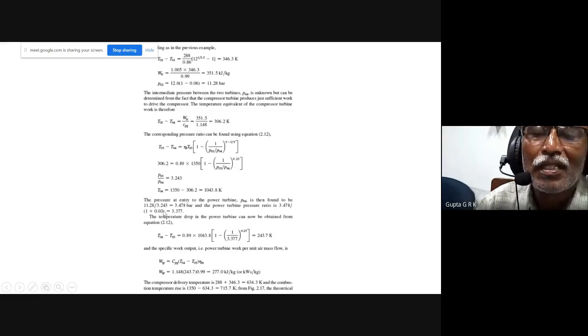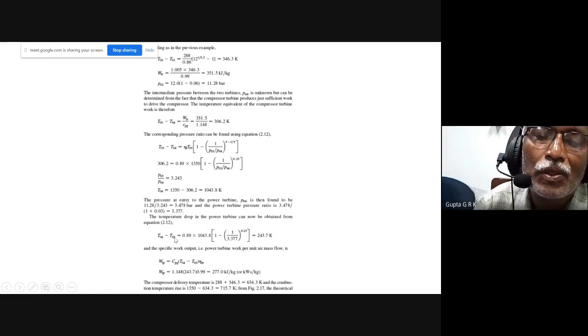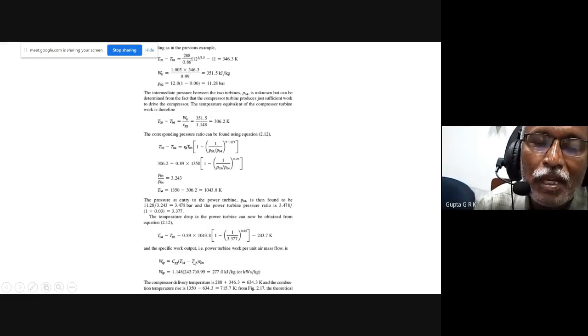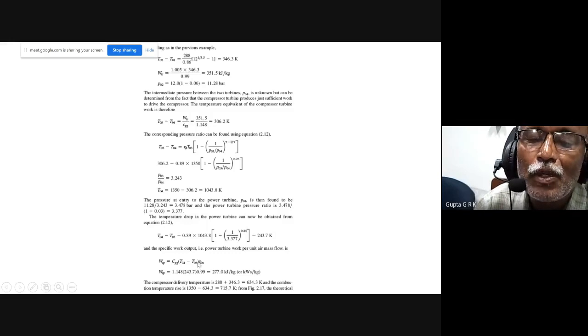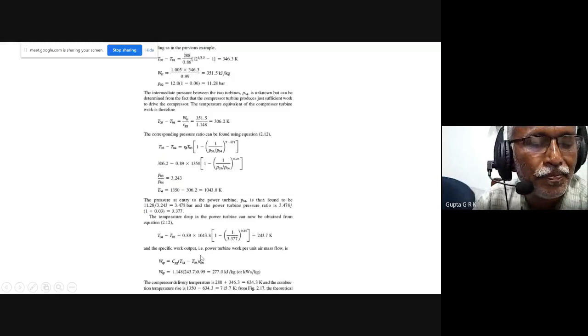This is done in direct steps, but as I told you, go point by point and you can do it. So the power turbine work is equal to Cpg into T04 minus T05. This is the turbine work that is developed, but at the generator we will again lose something because of transmission efficiency, so into eta m. This gives the power turbine output at the generator. This is the way we have to solve the problem. Is that clear?